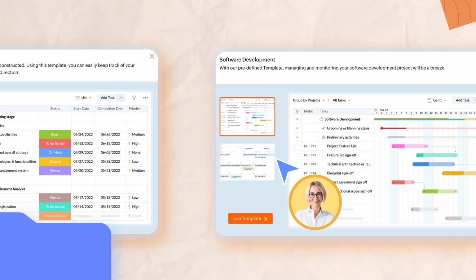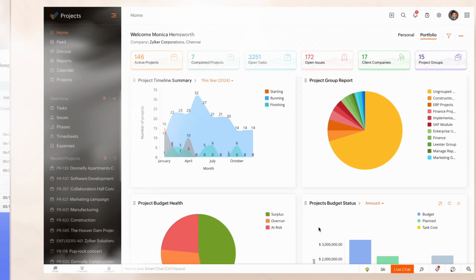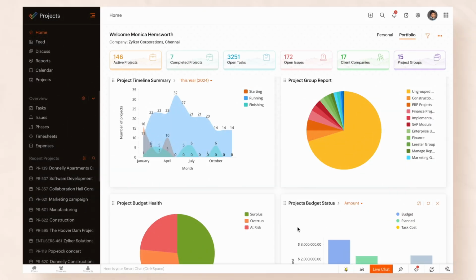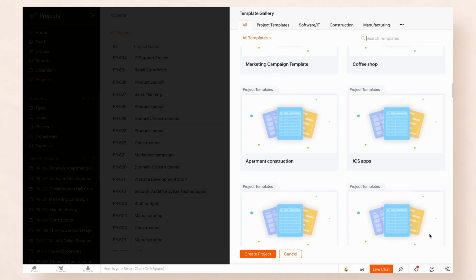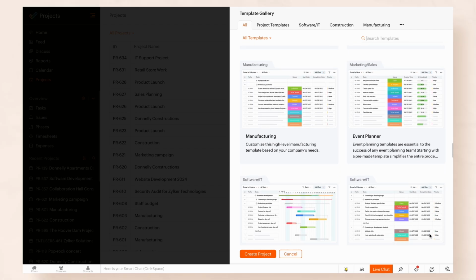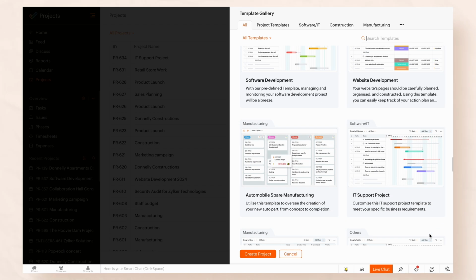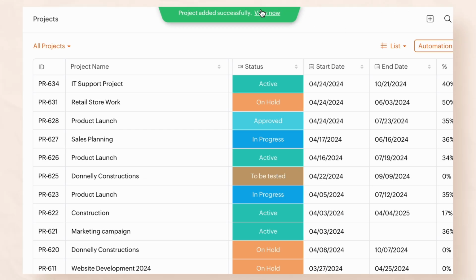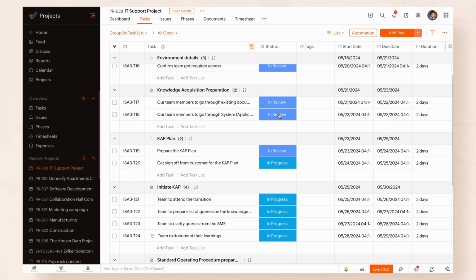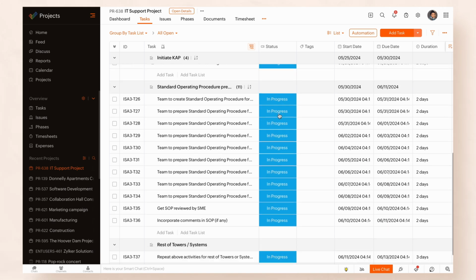project. All you need to do is log in to the Zoho Projects portal, navigate to Projects from the left navigation panel, click the New Project button, and choose a suitable template for your project from the template gallery. Hover over the template and click Use Template. Your project will be created with a set of predefined phases and tasks that can be customized according to your